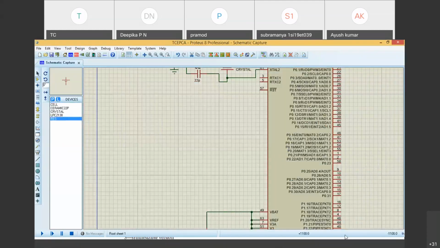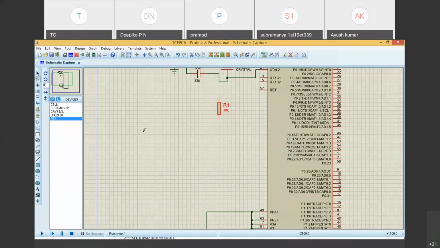Now bring this resistor and keep it, click over here. As I said, when I click this, I will rotate according to my direction. If I say escape, now right click on this, I can also rotate clockwise.